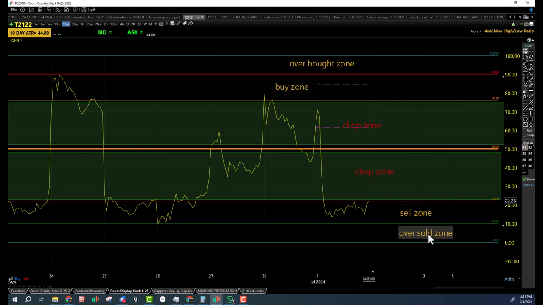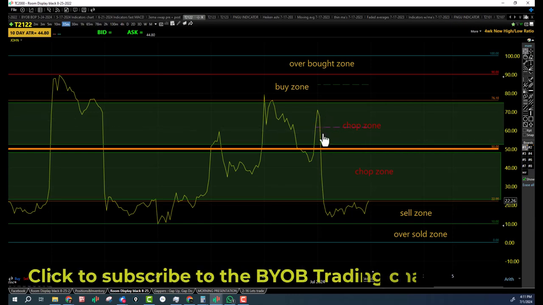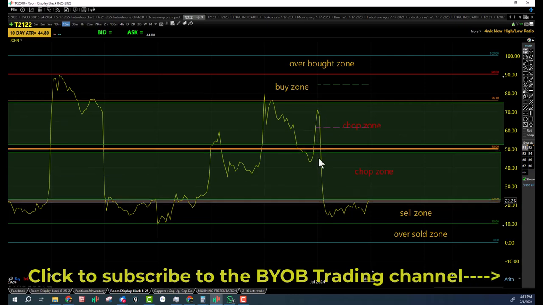Okay, so we got pushed out of the buyer's chop zone. We got launched out of the buyer's chop zone. You know, flew over these 10 yards right here. They knocked the quarterback all the way back into the sell zone. See that lower high? And then from there, they launched that quarterback about 10 yards, all the way into the sell zone. And then from there,